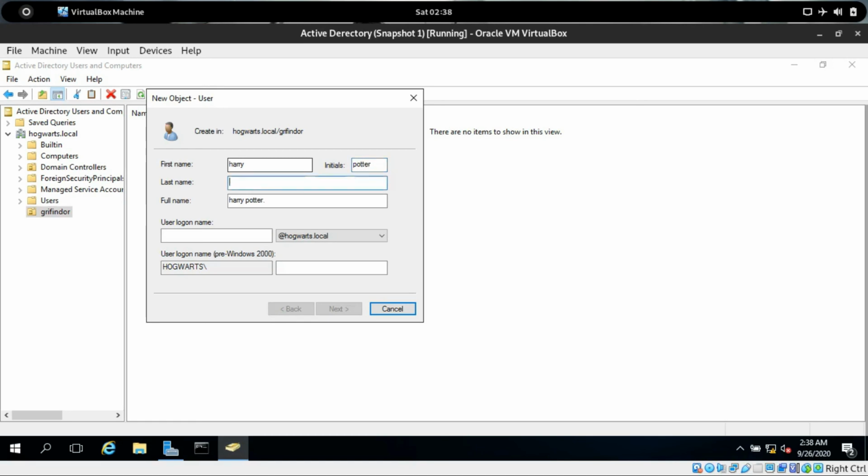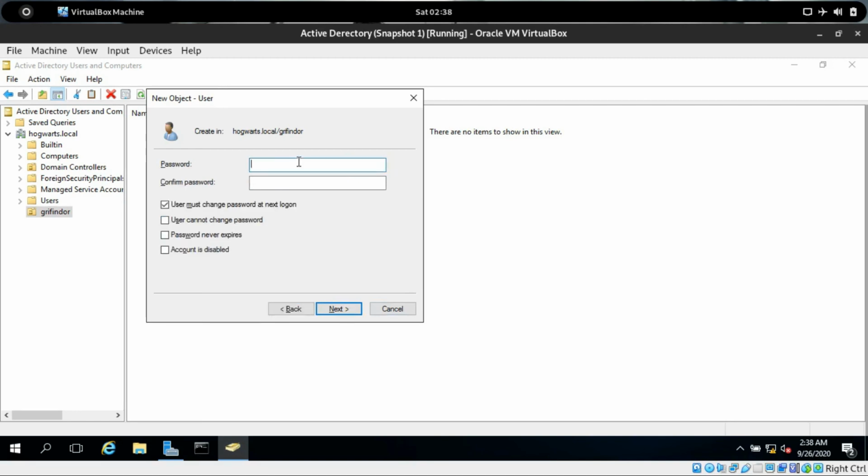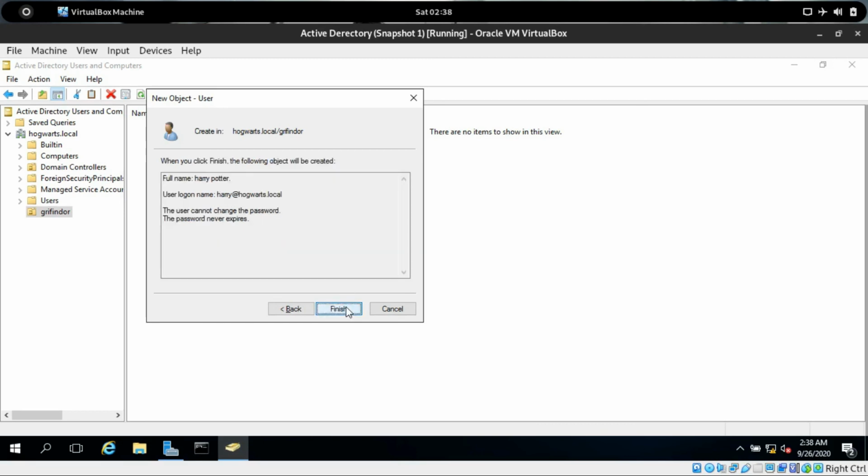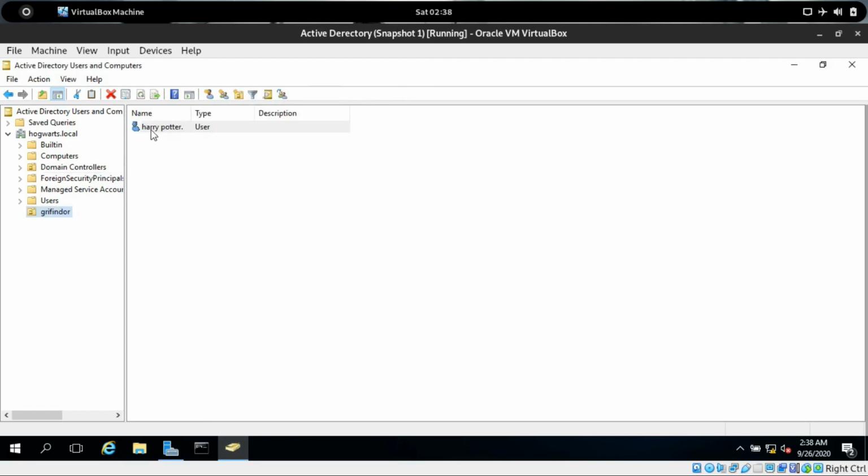Username Harry, click next, and the password, and repeat the password. Password never expires, so cannot change password. Click next, finish. So we have added a new user,